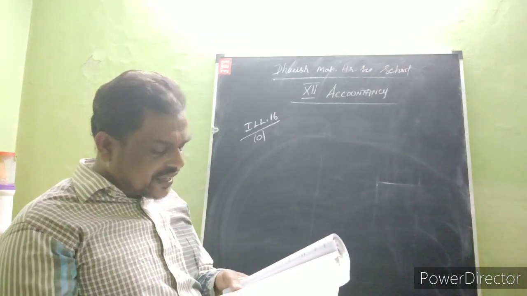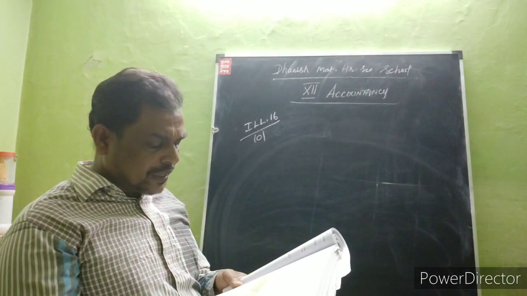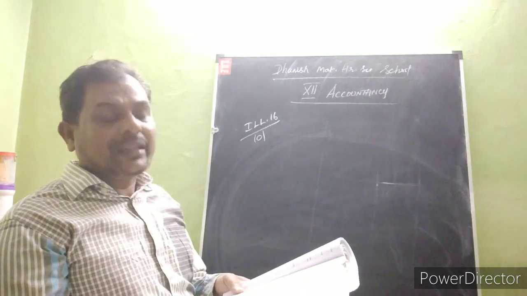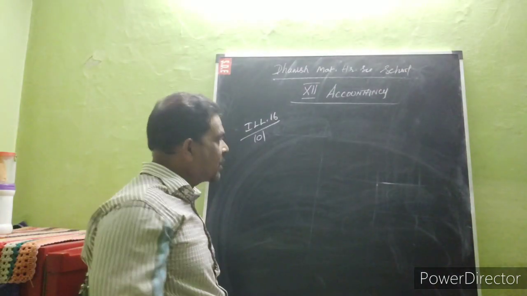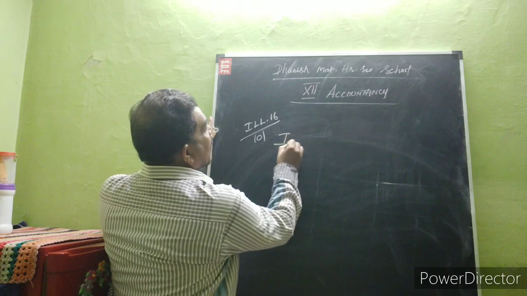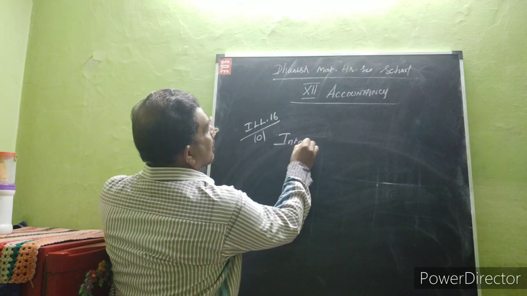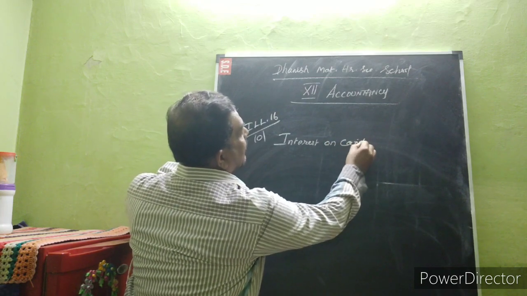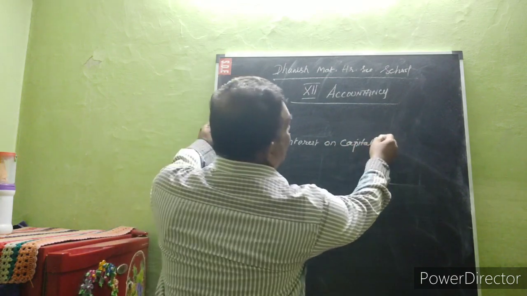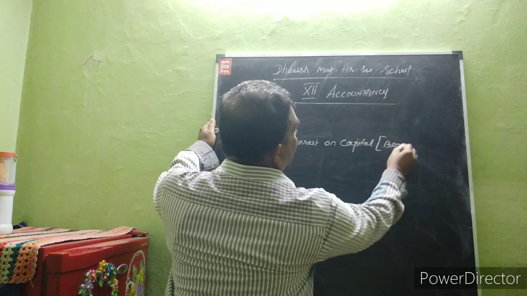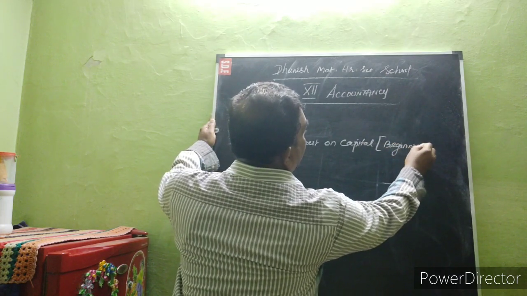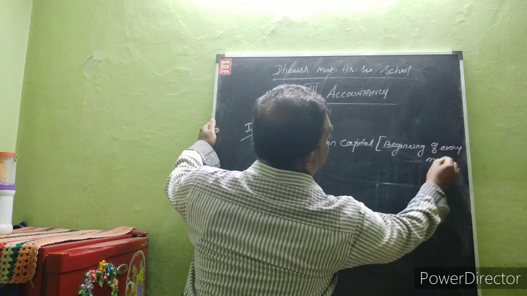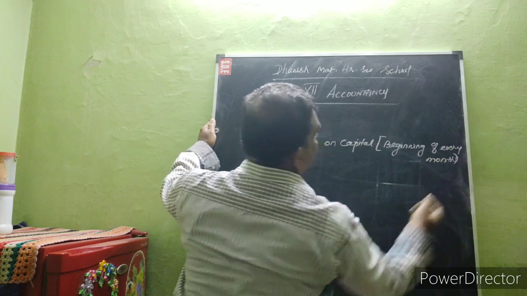What is the rate of interest? Interest is 5% per annum. Calculate the interest on drawings, number 1, at the beginning of every month. So, listen here. Now you have to put interest on drawings. In the bracket, you have to put beginning of every month. You must mention here beginning of every month.